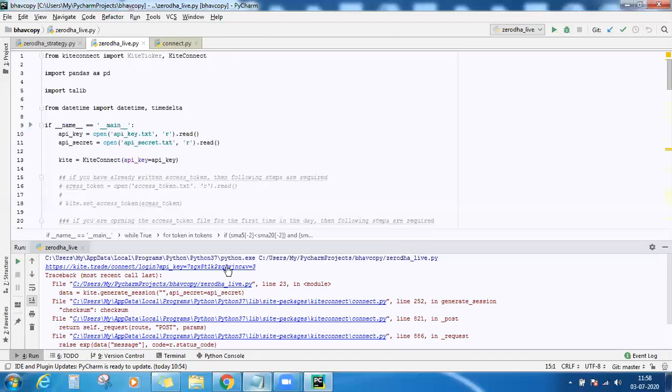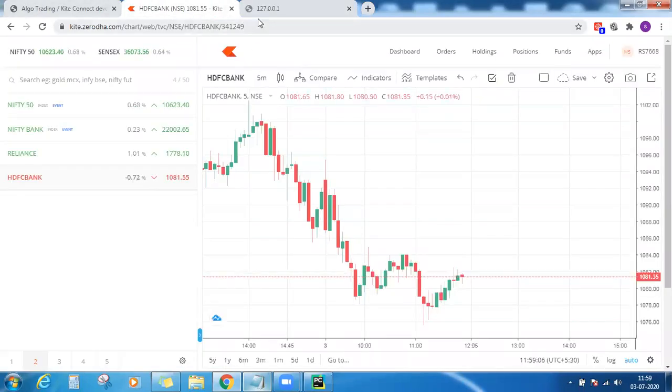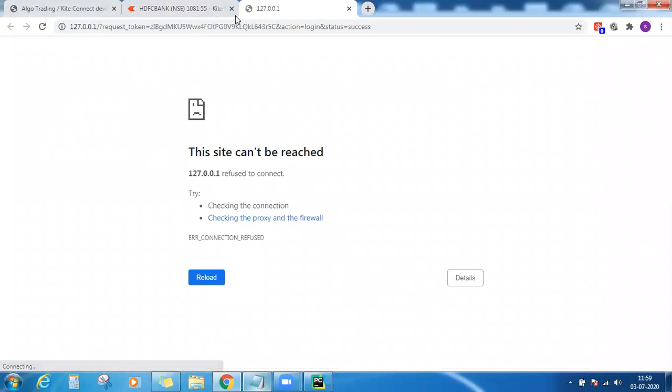So login URL is there. Just click on that URL. Since you're already logged into Kite, it will not give you the login box. So directly the request token will be given. So copy that request token until the ampersand symbol.